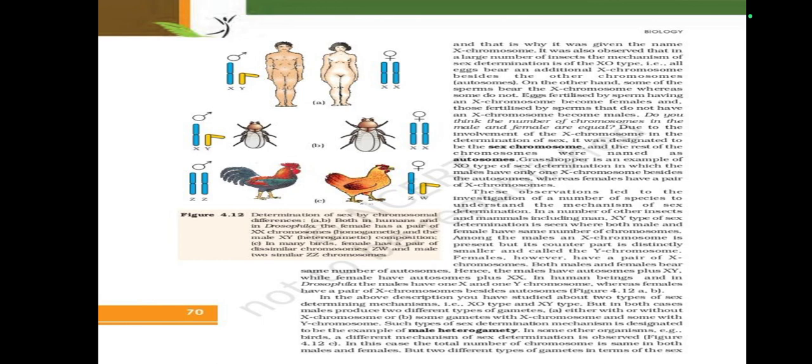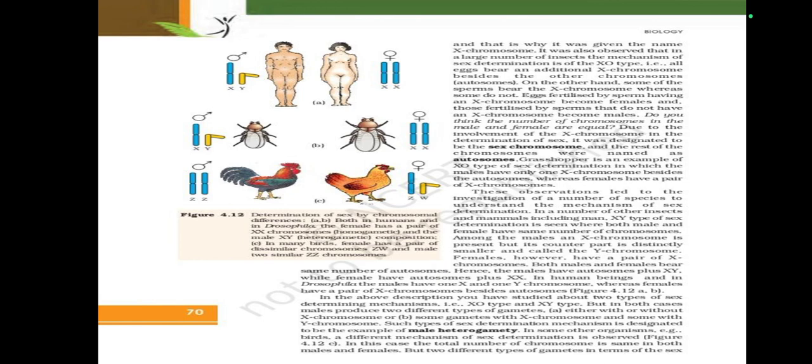Grasshopper is an example of this type of sex determination, in which the males have only one X chromosome besides the autosomes, whereas females have a pair of X chromosomes. These observations led to the investigation of a number of species to understand the mechanism of sex determination in a number of other insects and mammals, including man. XY type of sex determination is seen where both male and female have the